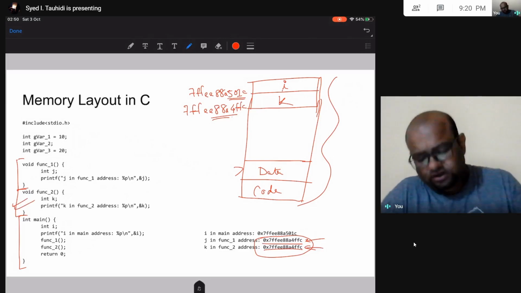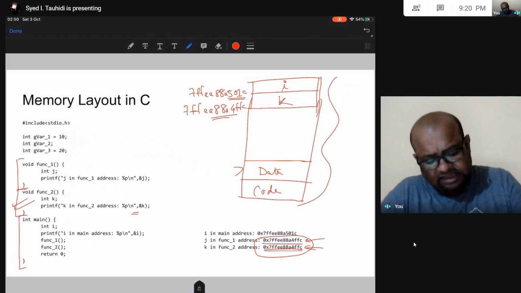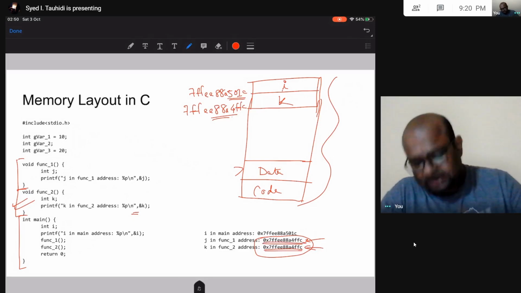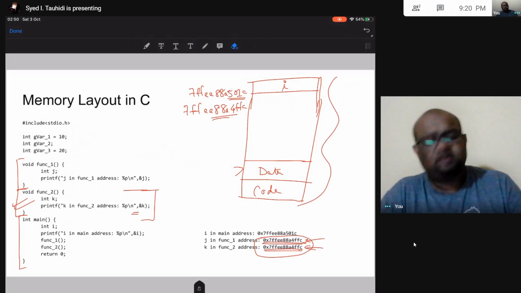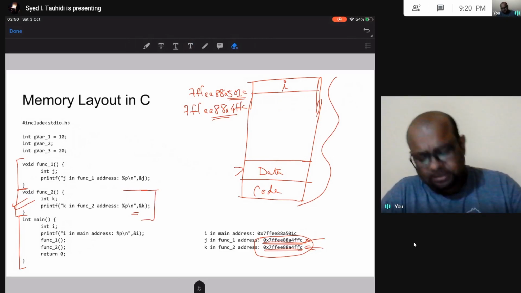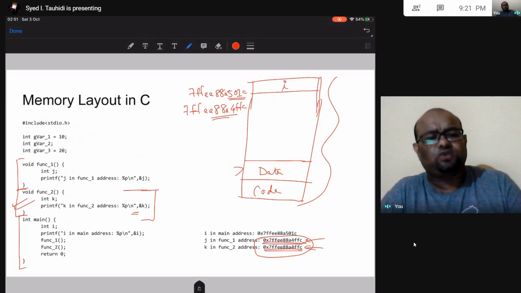And then when this line is executed, I can see j and k have the same address. Then once my function 2 is done executing, this is going to be deallocated, right? So once I return from function 2, this is what the stack is going to look like.